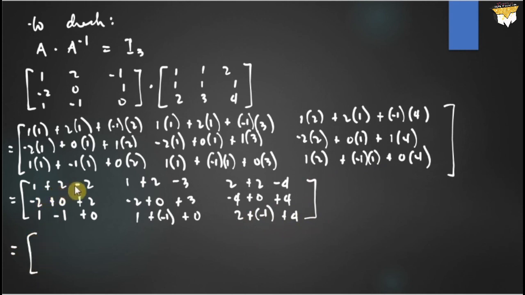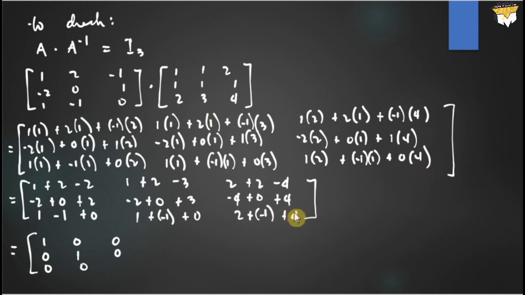1 plus 2 minus 2 is 1. Then 1 plus 2 minus 3, that's 1 plus 2, 3 minus 3 is 0. Then 2 plus 2, 4 minus 4 is 0. Then negative 2 plus 2 is 0, plus 0 is of course 0. Then we have negative 2 plus 0 is negative 2, plus 3 is positive 1. Then negative 4 plus 4 is 0, plus 0, of course that's 0. Then 1 minus 1 is 0, plus 0 is 0. Then 1 plus negative 1, that's 1 minus 1, 0, plus 0 is 0. Then 2 minus 1,